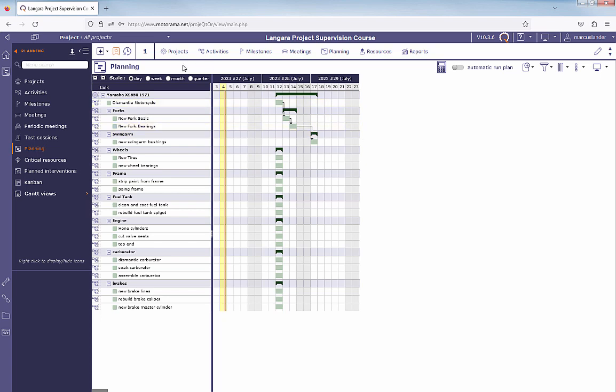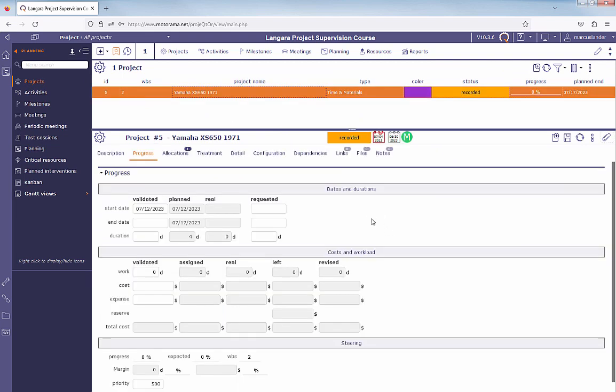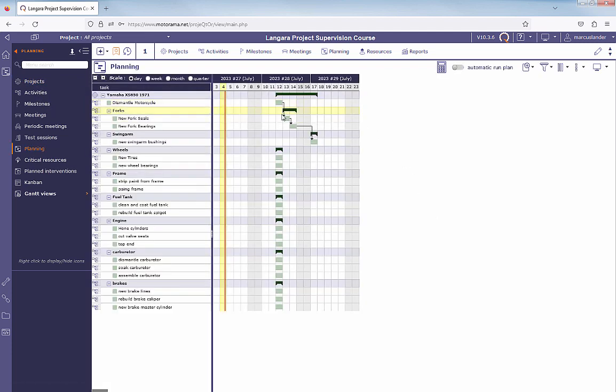the actual project, if I go to the projects here, and I choose my project, you see the project is now going to take 4 days. The start date is the 12th, the end date is the 17th. That's 5 days. Let's take a look back at our planning here. So 1, 2, 3, 4, starting on the 12th, ending on the 17th, that's inclusive. So that's 6 days, because there's a weekend here. So we have a global